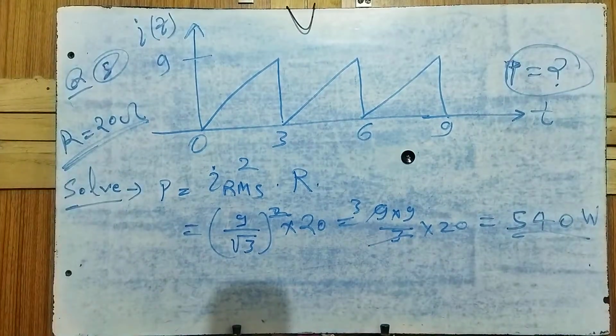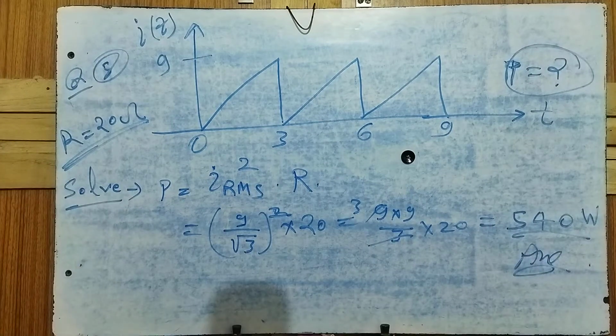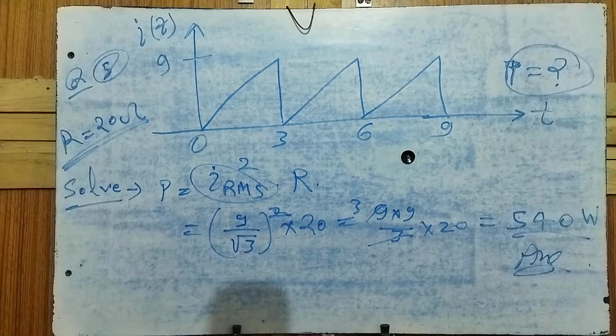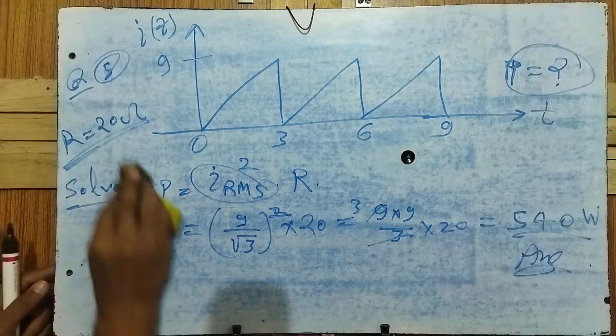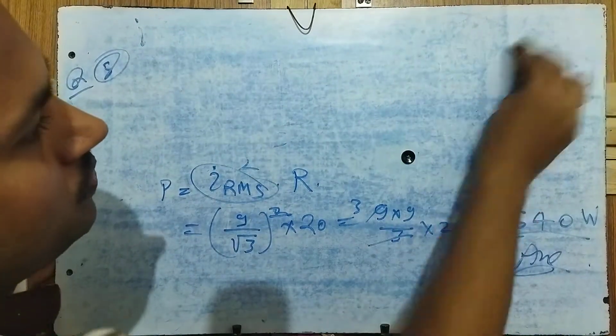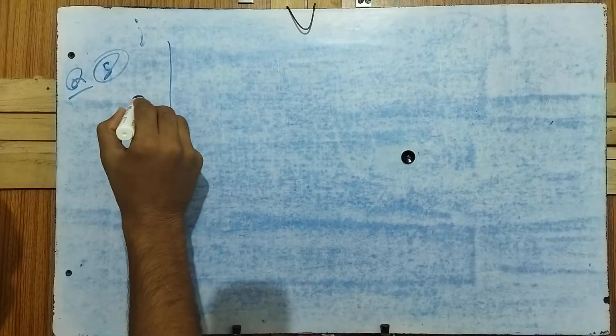540 watt, right? So 540 watt is the power, is the answer. Very easy. But we will have to understand what is the RMS and how we will get it. So for different waveforms, we will have to know the RMS value like this. If we have a